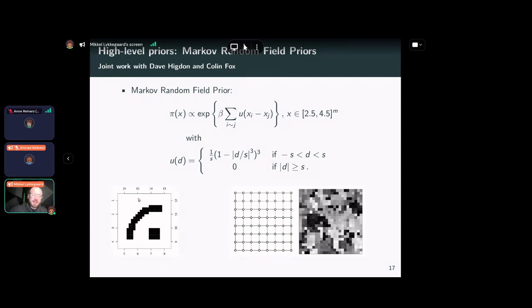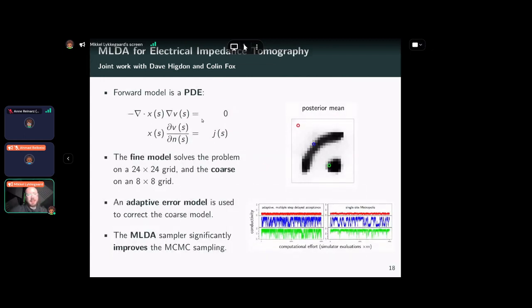And so the right is the object we're trying to reconstruct with these priors. Yeah, the forward model is a PDE. This is the usual thing. This actually describes an electrical impedance tomography problem, but it's the same equations as this subsurface flow that's used a lot as a benchmark in the field.